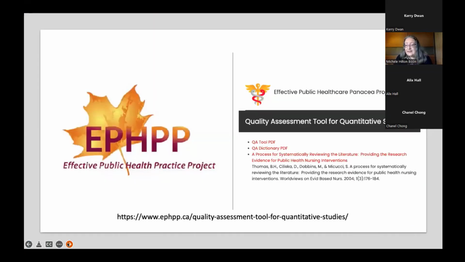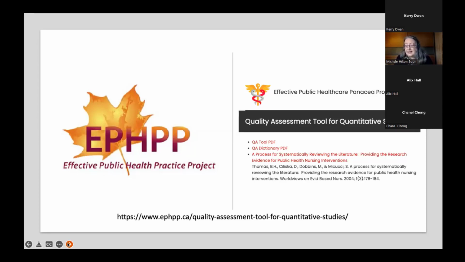And I've just shown here the details of the EPHPP tool in case that's unfamiliar to anyone in the audience. So comparing a selection of tools against criteria prioritized by a small sample of Cochrane members and an expert advisory group, the findings of this project independently support the existing scientific committee's recommendations of Robin's Eye as a preferred tool and Newcastle Ottawa as an alternative based on their rigor of development, documentation, and content.